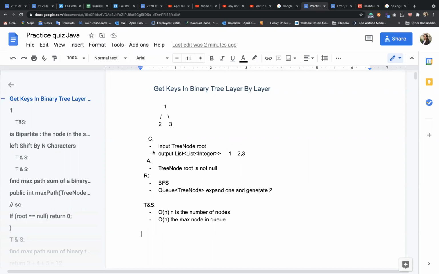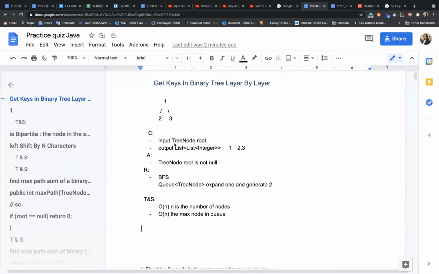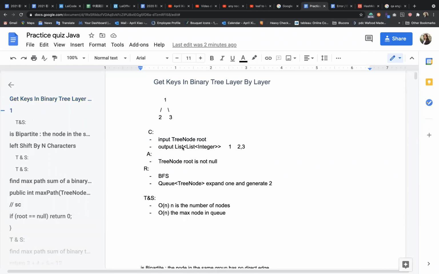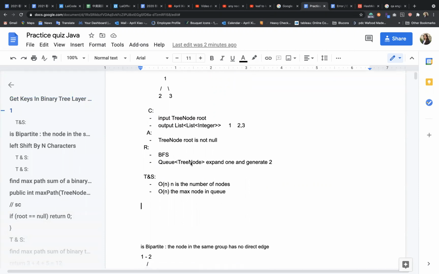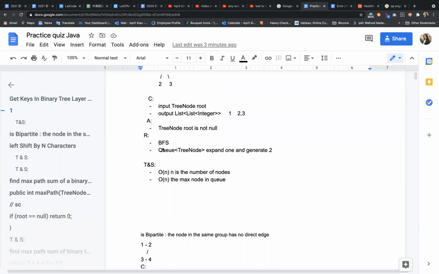So let's do some clarification for this question. We can see the input type is going to be a tree node root, and the output type is going to be a list of lists with integers, like 1 and 2, 3, and they are in one list. Let's assume the tree node root is not null, and I'm going to use a BFS way to solve this question